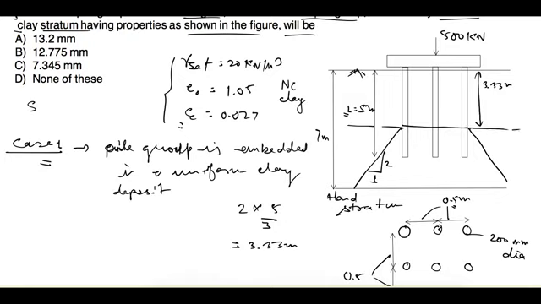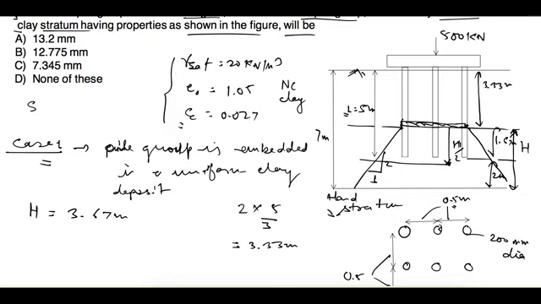Now we calculate the settlement. This is our new base of the raft. At this location we have assumed the raft. Now we calculate the settlement at a depth of h by 2. If the total depth from here is h between the hard stratum and the raft, we calculate our settlement at a depth of h by 2. So now this value of h would be, this is 2 meter and this would be 1.67 meter. So h is equal to 3.67 meters.